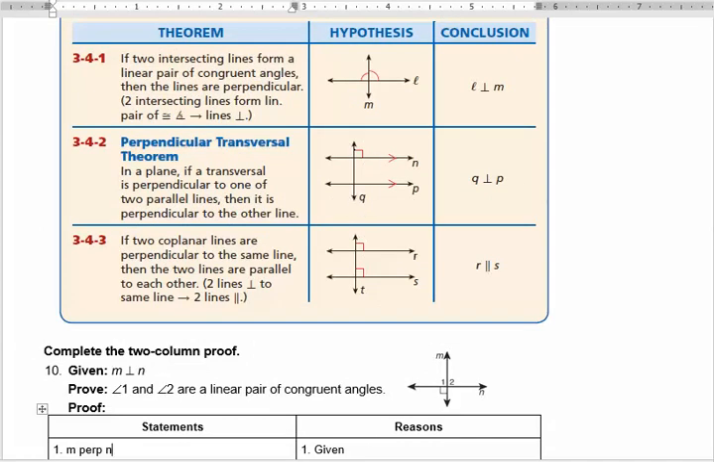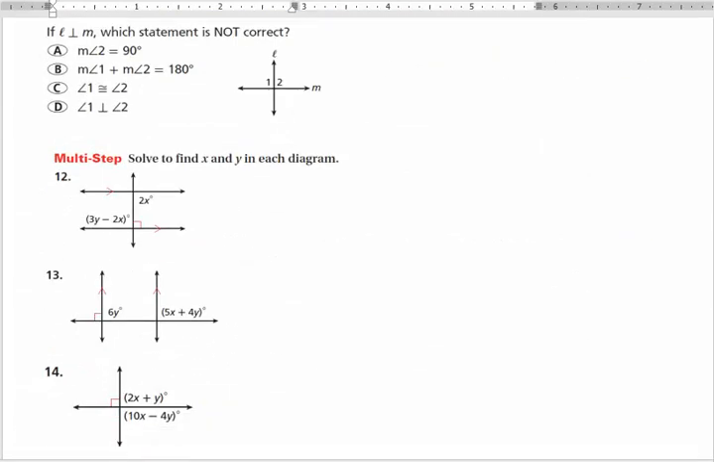So they're actually both going to be perpendicular, which means I'll go ahead and mark that as perpendicular. So that means that 2x is equal to 90 degrees, because this 2x is the measure of that angle. So you can solve and get what x is equal to. And then the other one, 3y minus 2x, is also equal to 90 degrees, because if this is 90, then